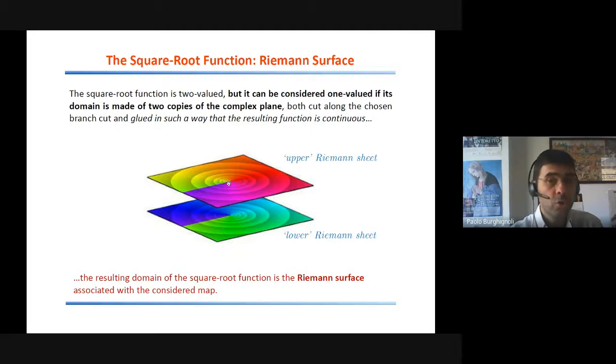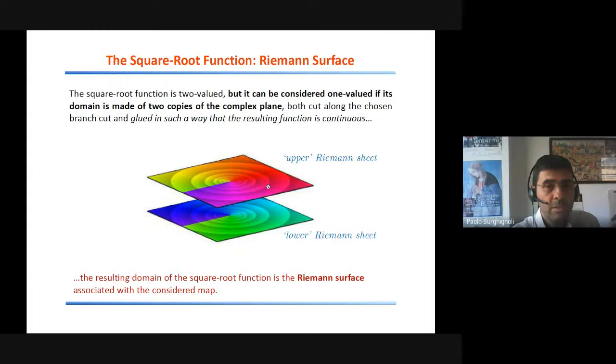So each of those planes is cut along a branch cut. For example, in this case, you could consider the negative real axis in both planes. And those 2 copies of the complex planes are glued together so that when you cross the branch cut, you go from one sheet to the other. And the closeness of points in the same sheet and between different sheets is indicated in this figure by the use of similar colors. So, for example, if you consider the upper sheet and you go from the purple region